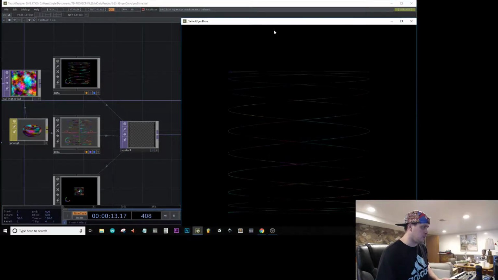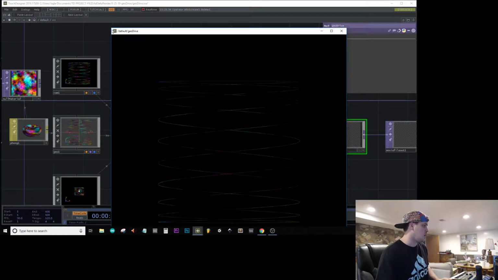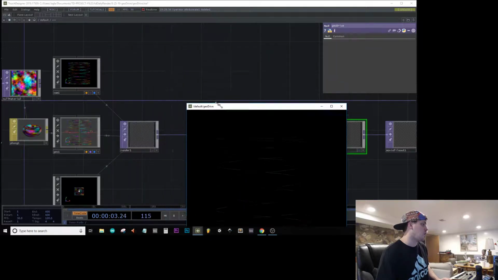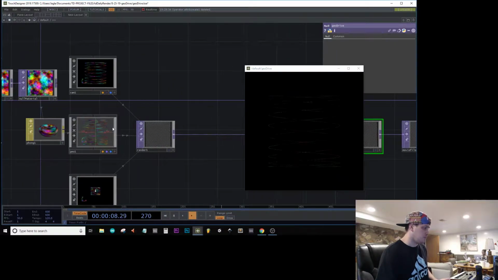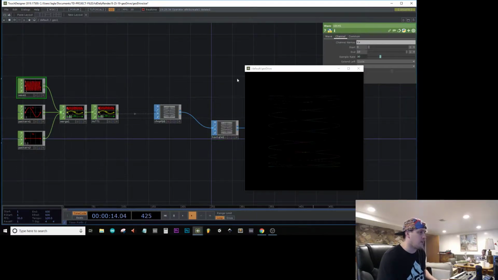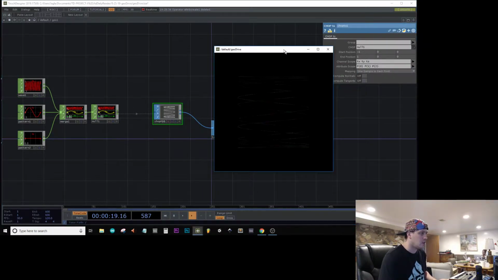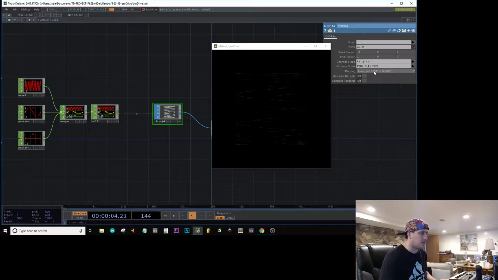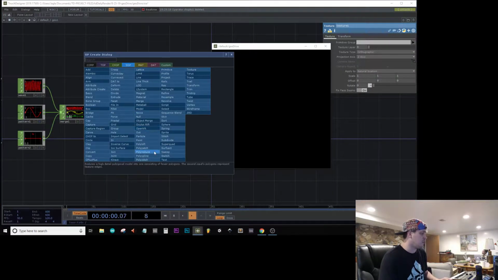Although you can't really see this one, it's pretty thin. But yeah, we can start to, see, not offset, but the phase. If we move the phase, we can see this kind of animate. Mapping, let's see, that's the same. Normals. But I don't really think that's what I wanted, because the other way is cooler if you do